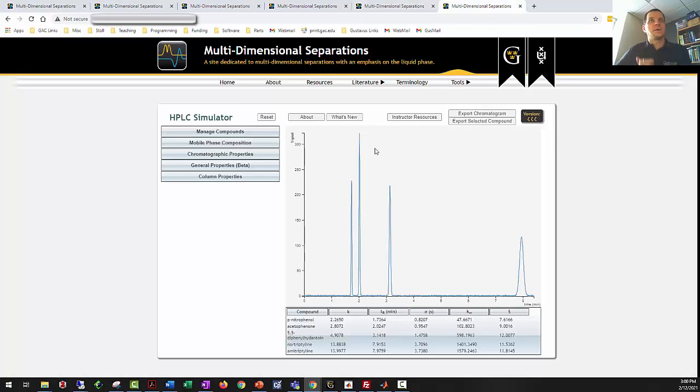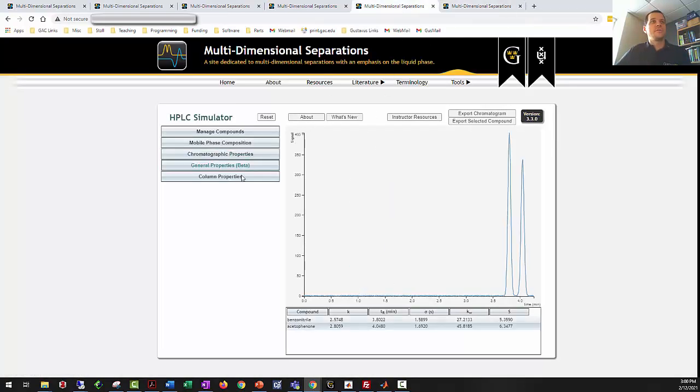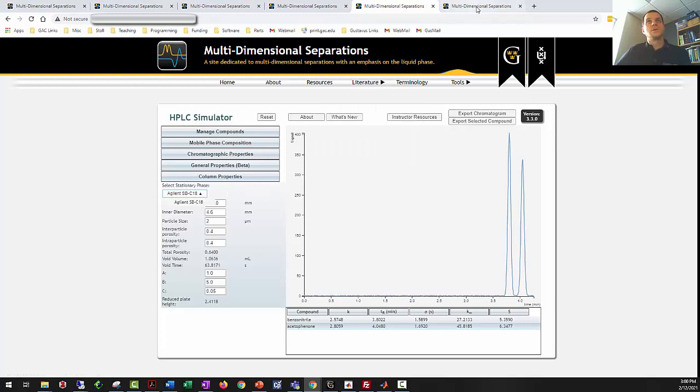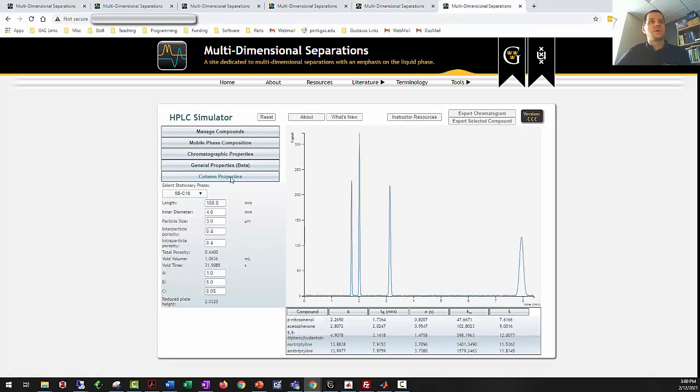So if I go back here, in what I showed you before, if you go to column properties, there's only one option here, and the data that supports this is based on organic solvent and water only, no buffer. So what we're working on now is pulling in data for other stationary phases and buffered mobile phases so that we can work with ionic compounds. So now in this list we have 3 different additional phases. If I choose this one, this now